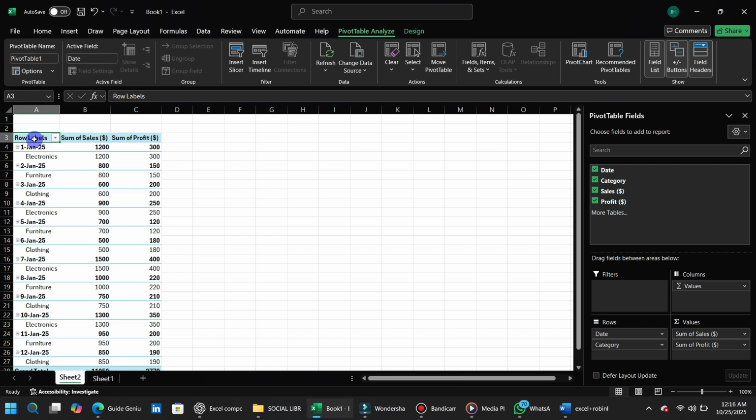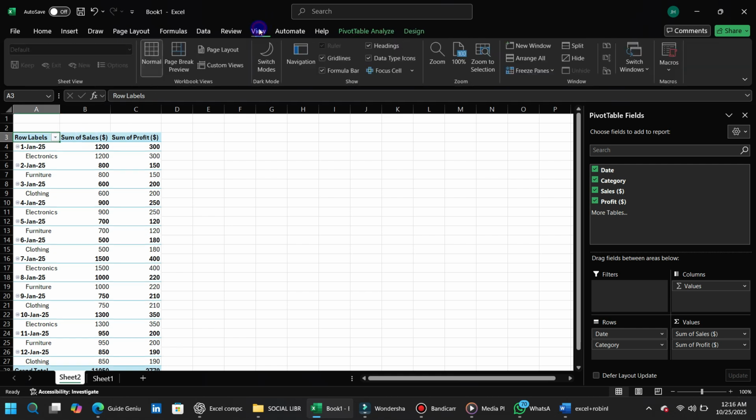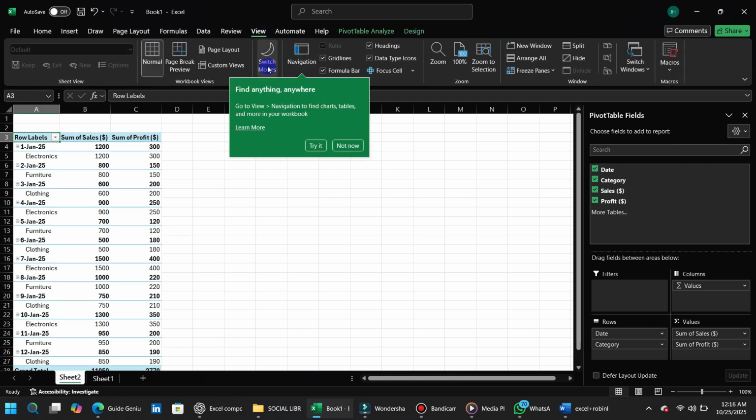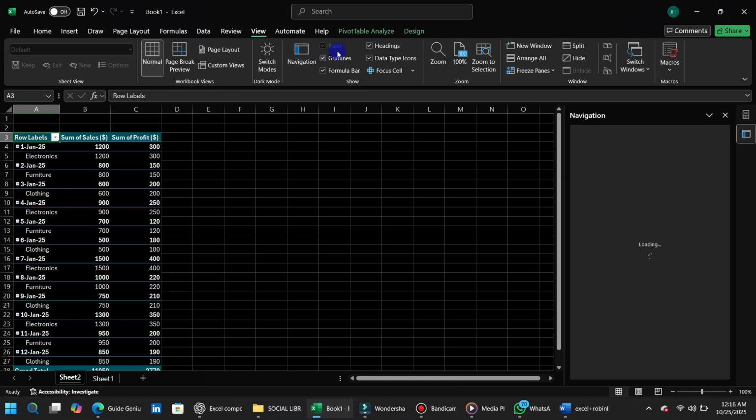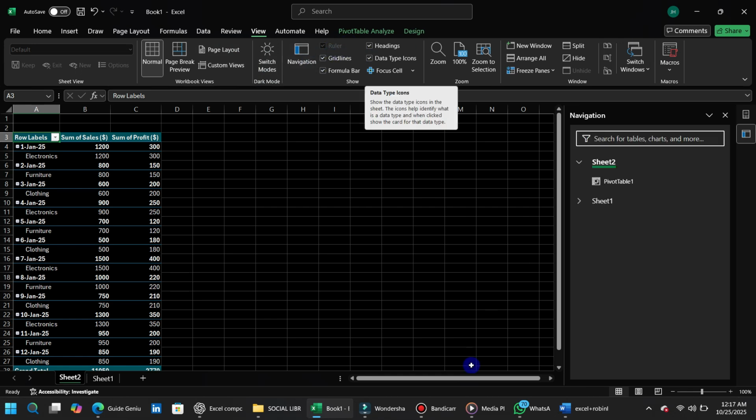Adjust colors, fonts, and layout to match your style. Finally, hide unnecessary grid lines by going to View and unchecking grid lines for a clean dashboard look. And that's it. Now you know how to create an interactive and professional Excel dashboard to visualize your data